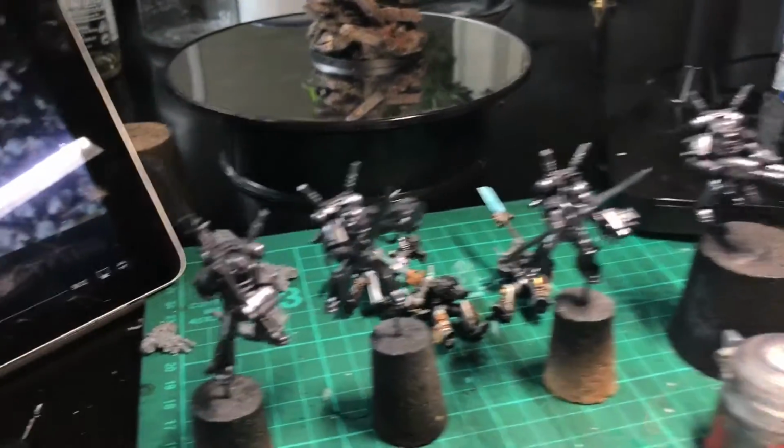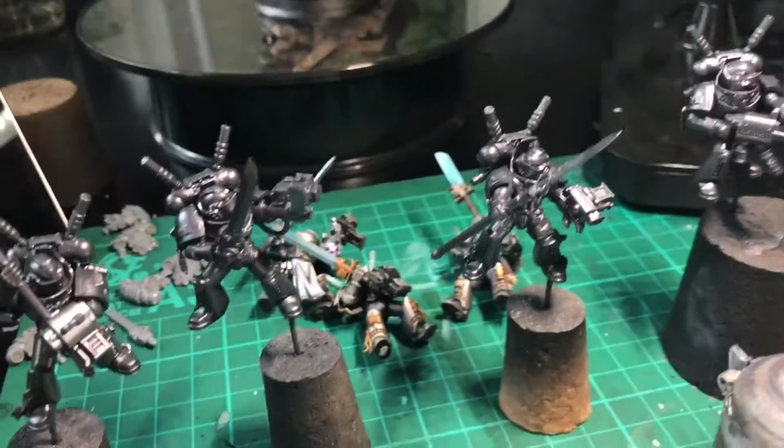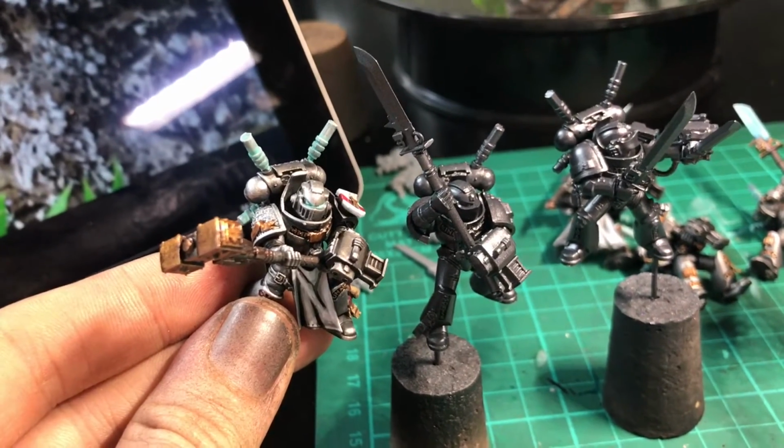So that's that base coat dry. This is how they're looking. And just as a comparison, this is how they're going to end up. So first stage,